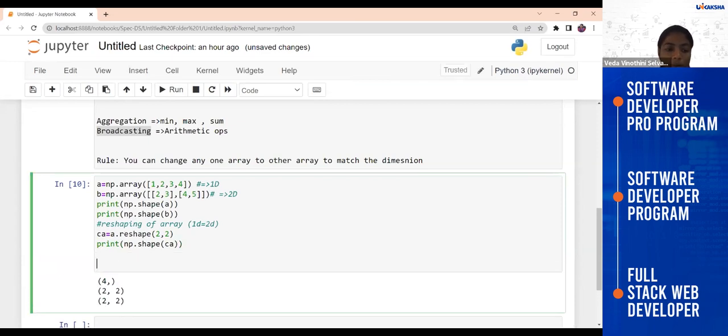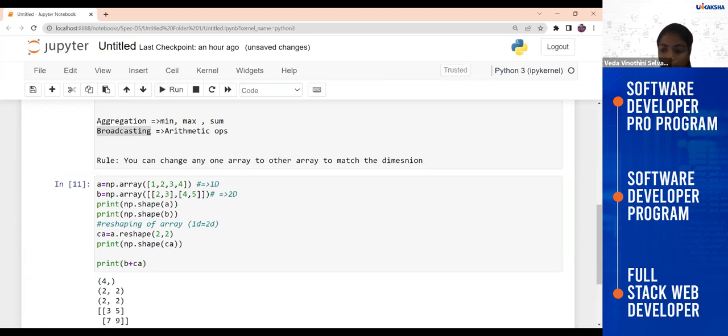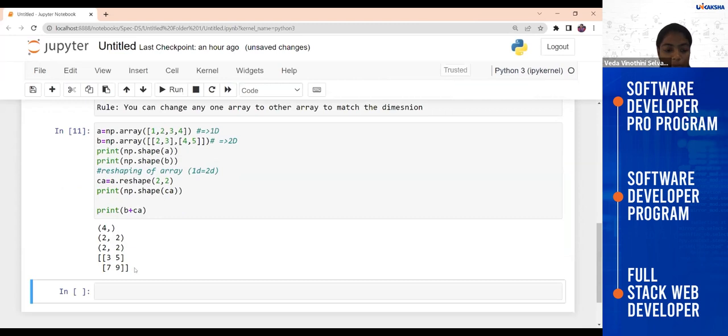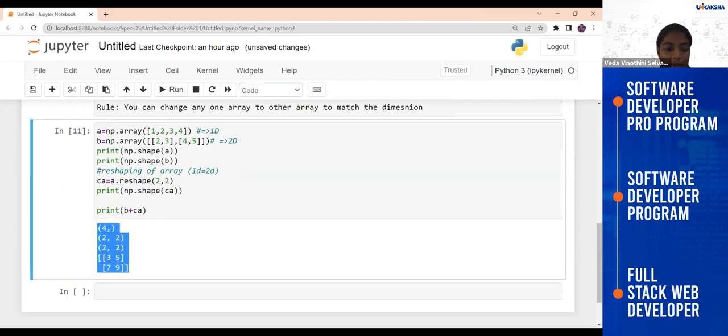That's what the total concept of broadcasting is. So now if you want to print B plus the changed A, you can do that. See, it beautifully creates the addition. That is what this concept of broadcasting is.